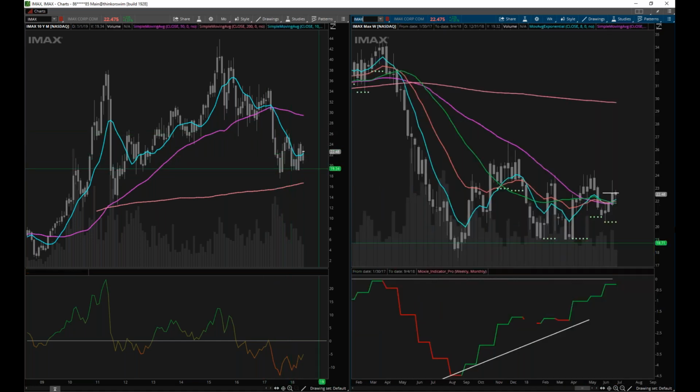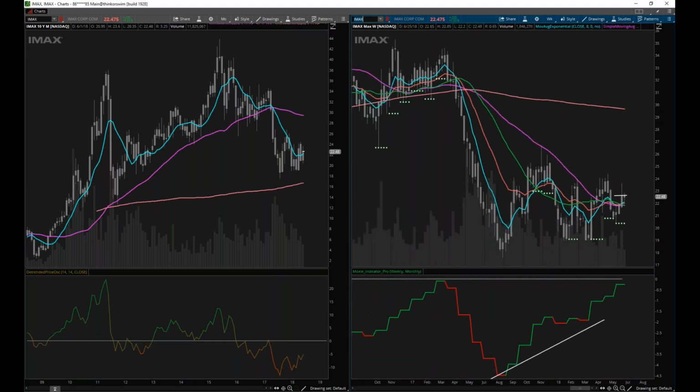Now, if you look in here, I'll start showing you guys some of the teachings and some of the words and terminology that I use. So we have the 8 exponential moving average here, which is the light blue line, and we have the 21 exponential moving average, which is the kind of orange line. And I use this for all of my time frames, weekly and below. And look at this. So you found the bottom, and it ran up, and look what it did. It ran right into the weekly 21.